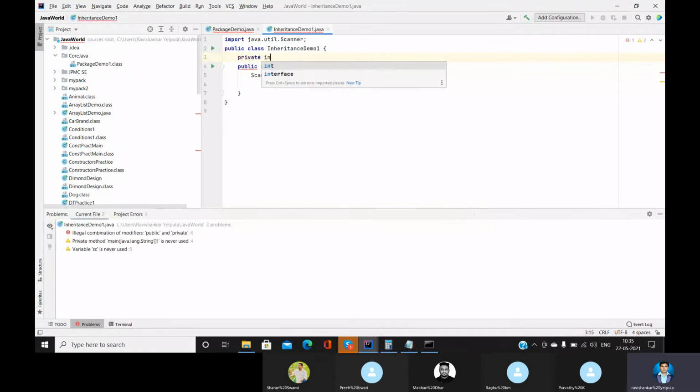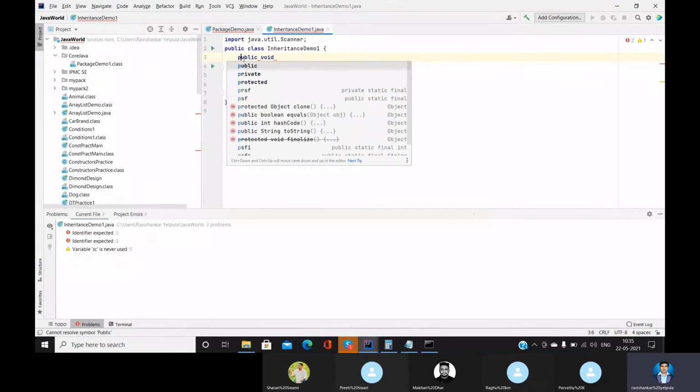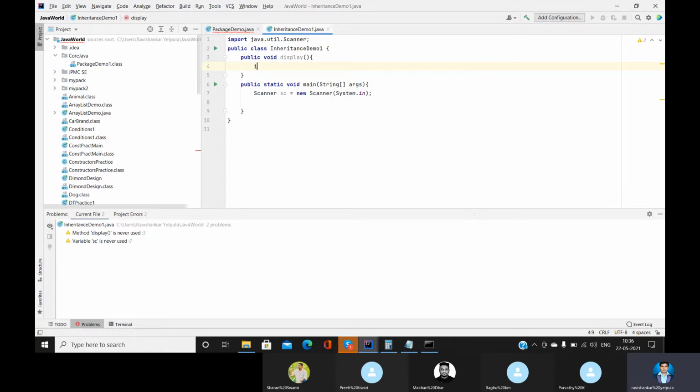Okay, private int a. We'll use it within a method, then we'll understand this. So we'll use one more method, any method: public void display, and inside this method we are defining one variable as private.